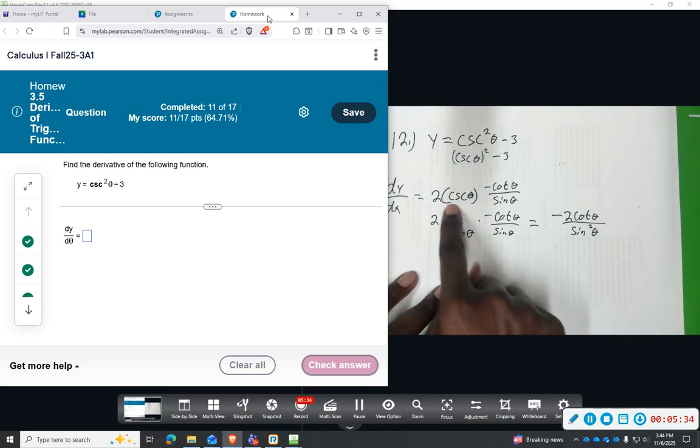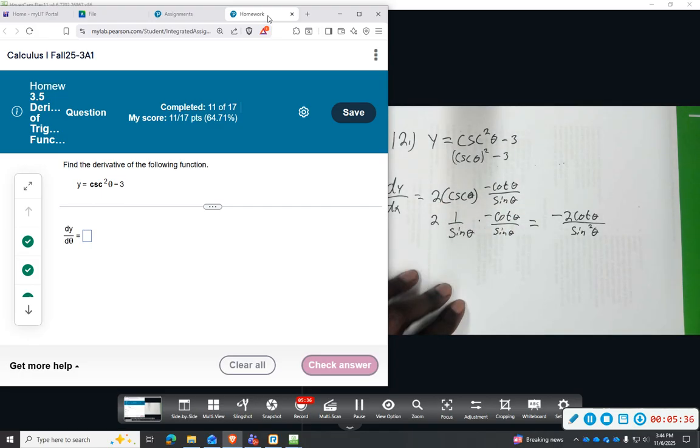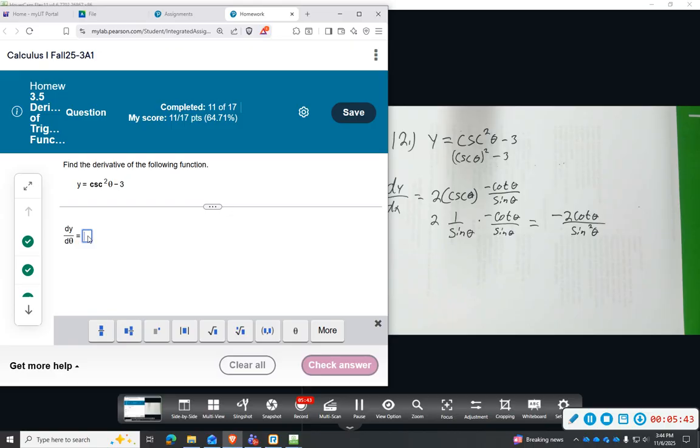So you can actually stop here if you want, just leave it like that, but this is simplified as far as we can go. This will give us negative 2 cotangent of theta over